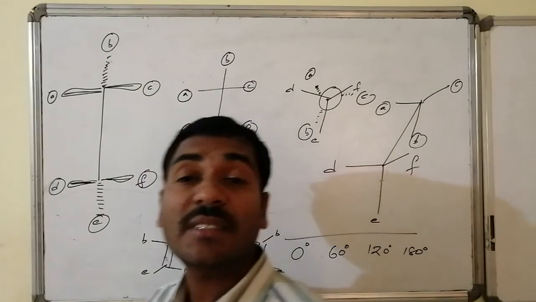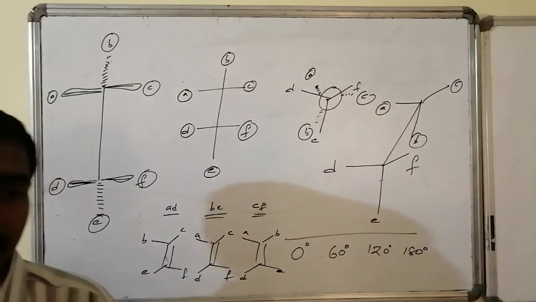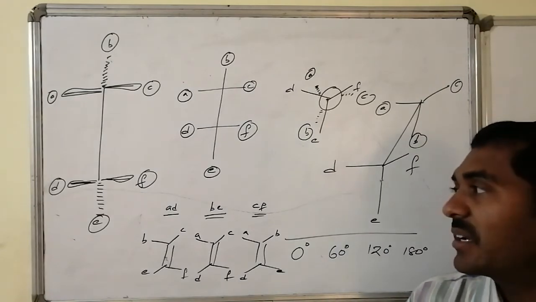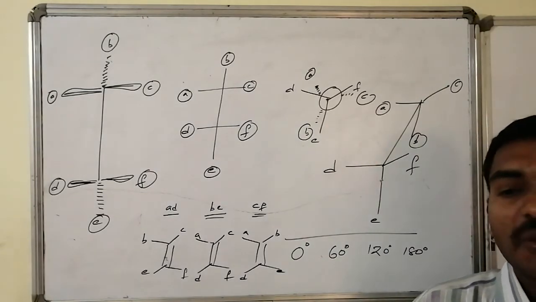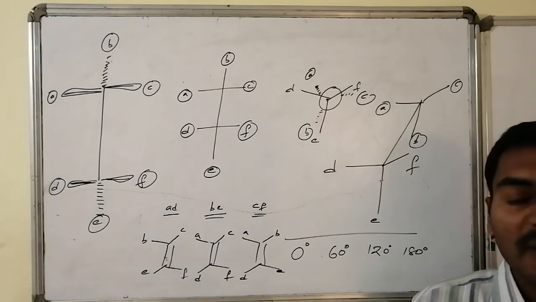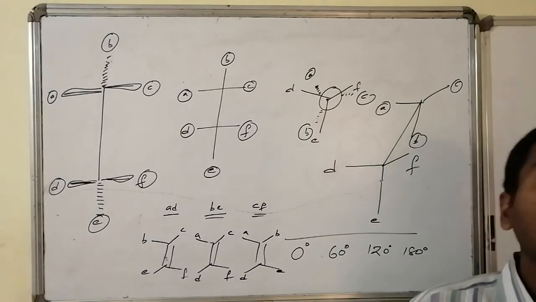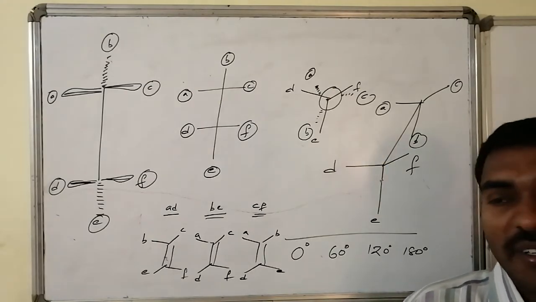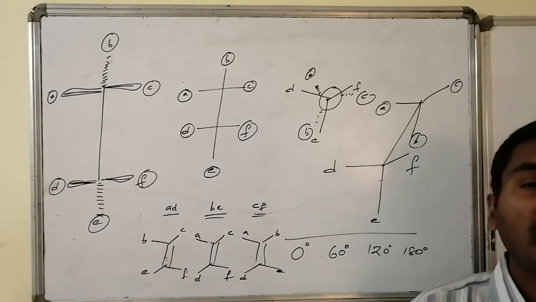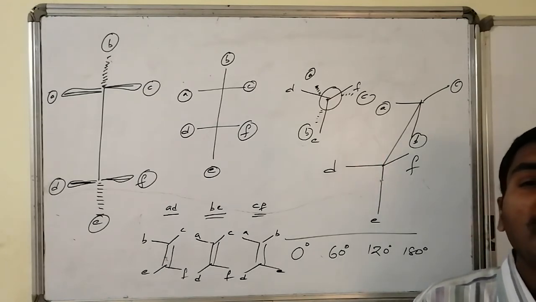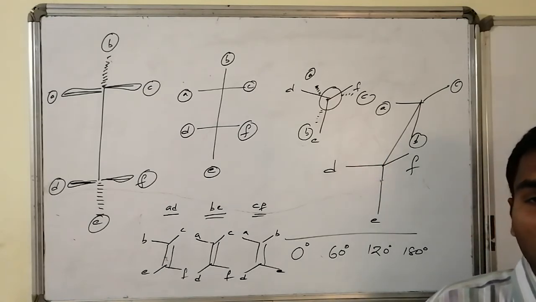But when elimination comes with the groups 180 degrees apart, that elimination is said to be anti-elimination. Anti-elimination becomes very difficult in this case. So for anti-elimination we need to rotate the bonds. That is, the eclipsed situation can't help us to identify the stereochemistry of the product obtained. Thus in the case of anti-elimination, either the Newman model or Sawhorse model is the best model to identify the stereochemistry of the obtained product.